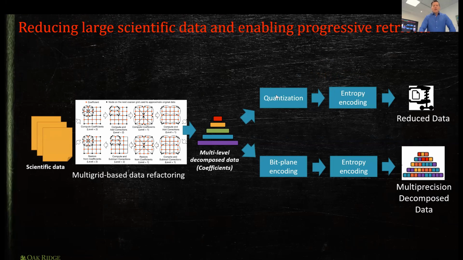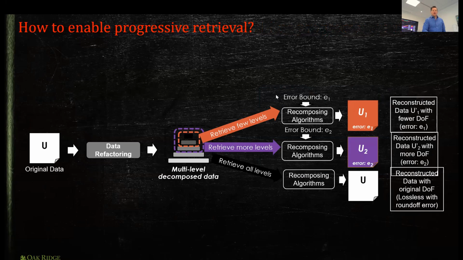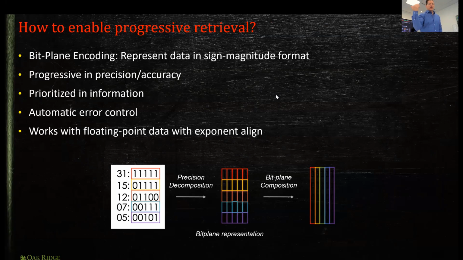Okay, so one of the other things is that to make things progressive, just taking MGARD alone wasn't good for progressiveness. What we had to do is take into account what we called bit plane encoding. This is just going through some simple diagrams. We take the decomposition, and then in bit plane encoding, which is what this is showing, we think of the bits and how they're arranged, and now we can do this encoding. This is done in many reduction algorithms.